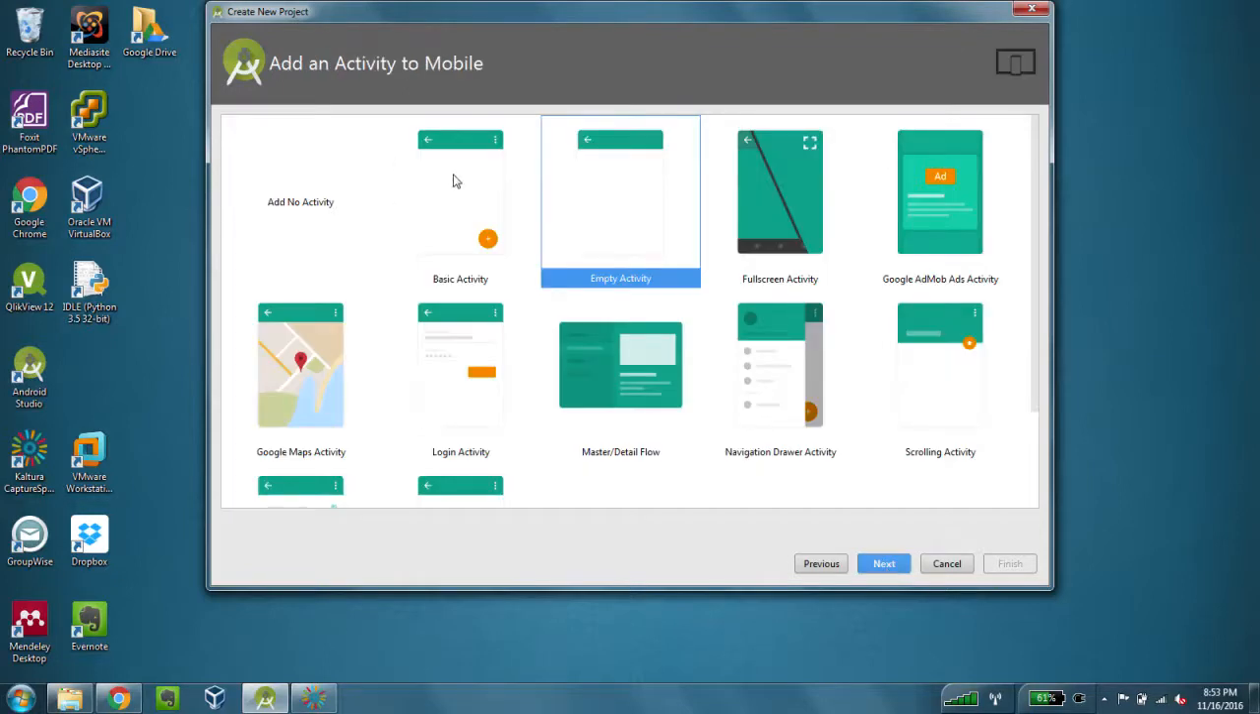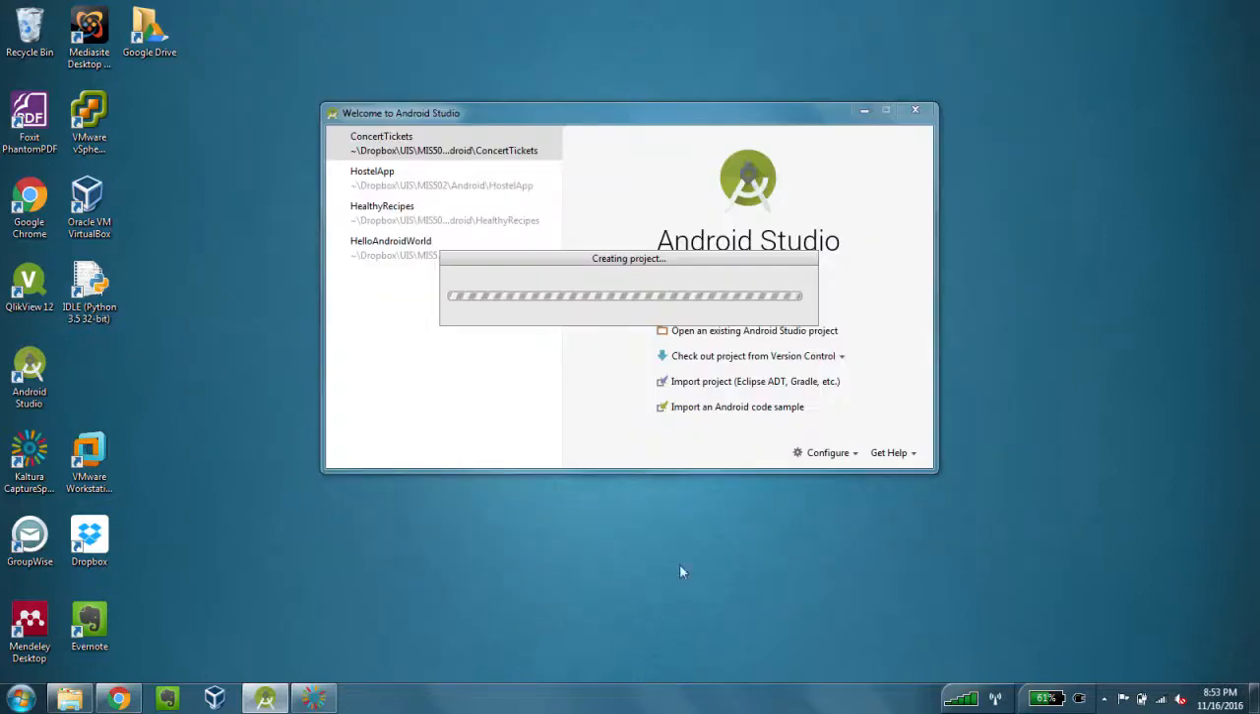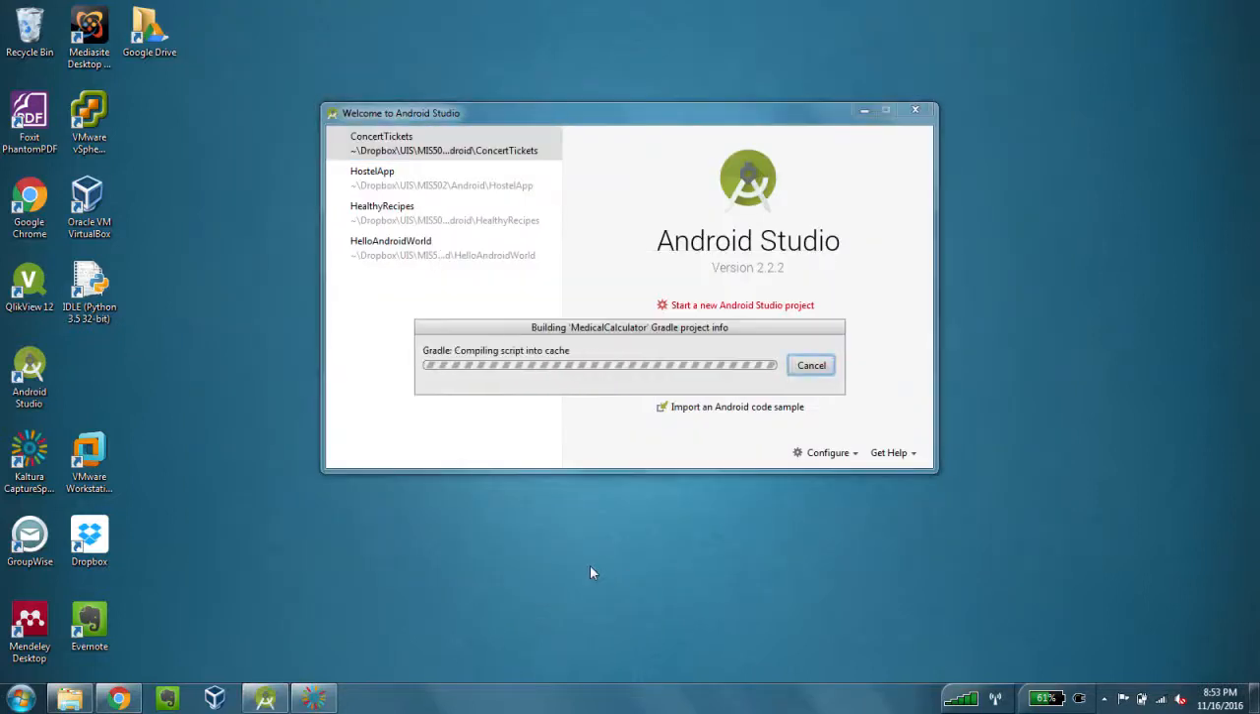And we will select empty activity from the wizard menu here. And we'll let it be called MainActivity as well. I'm going to go ahead and click Finish, and let Android Studio build all the basic project